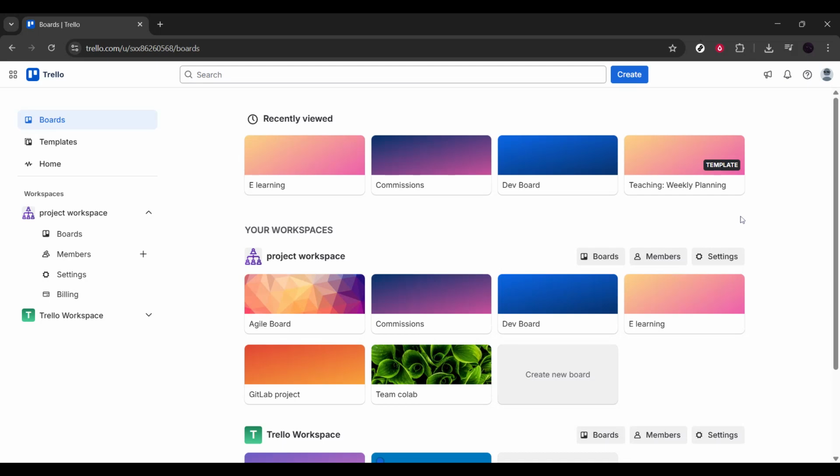In today's video, I'm going to answer a question that confuses a lot of Trello users: how to order labels in Trello. If you've ever tried to rearrange your labels by priority, by color, or alphabetically and couldn't figure out how to do it, you're not missing anything. Trello actually has specific rules for how labels are organized, and there are some important limitations you need to know about. By the end of this video, you'll understand exactly how label ordering works in Trello and what you can